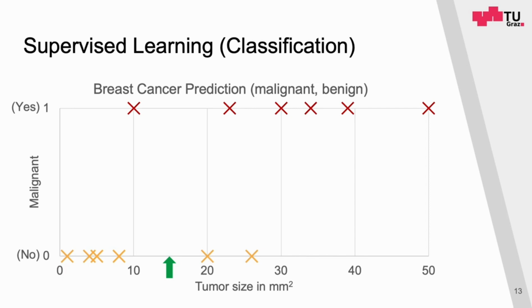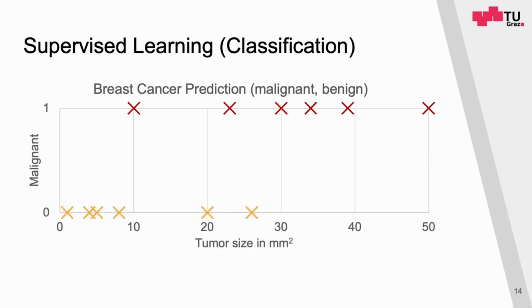If we look at the lower part, we have only 2 cases which are benign and are greater than 15 square millimeters. And we have 1, 2, 3, 4, 5 cases which are greater than 15 and are malignant. So just by looking at the data, we would probably say that a tumor size of 15 square millimeters is probably the boundary for benign. And we can simplify this notation here